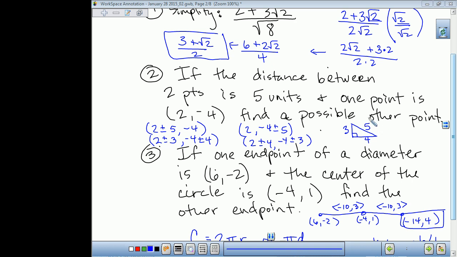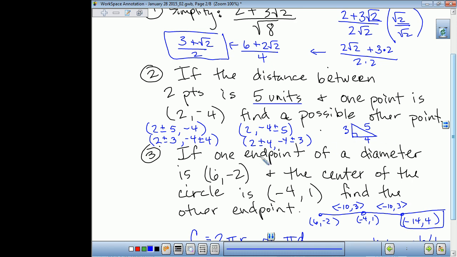Okay, or we can think 5 units can be formed by this right triangle, 3, 4, 5. That's one of your Pythagorean triples, right? So when y'all studied the Pythagorean theorem last year, did y'all talk about 3, 4, 5 right triangles? Yes. Okay, so if I moved 3 in one direction and 4 in the other, wouldn't that create a total